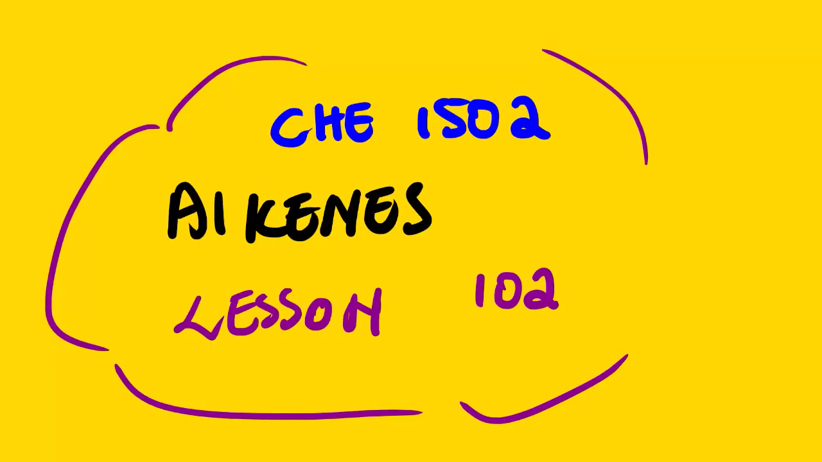Today's lesson we'll be looking at chemistry 1502. The topic for today will be looking at alkenes as our topic, lesson 102. Let us start. Our next homologous series is alkenes, but we are going to integrate the skeletal structures, of which